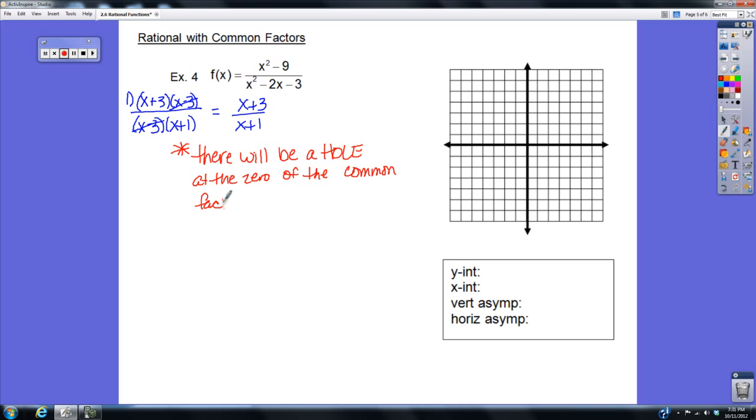There will be a hole at the 0 of the common factor, where x equals 3, because x equals 3 is the 0 of the factor x minus 3. If you set x minus 3 equal to 0, you would get x equals 3. So when we look at the graph, there is going to be a hole, an open spot, a gap in the graph at x equals 3 when we get there. But for now, after we simplified, that's what we just did,